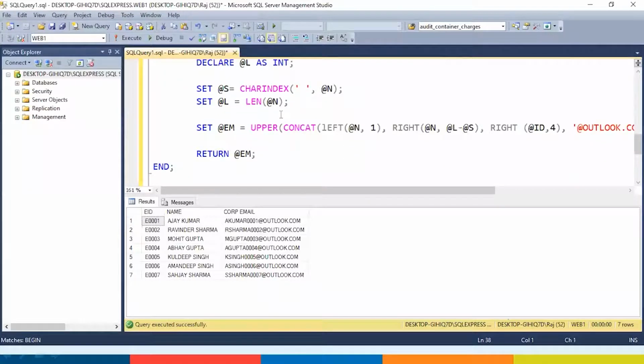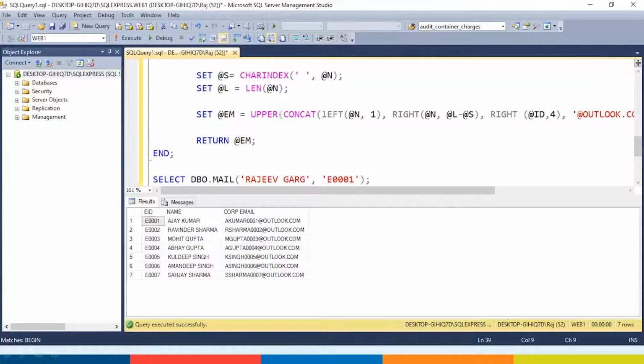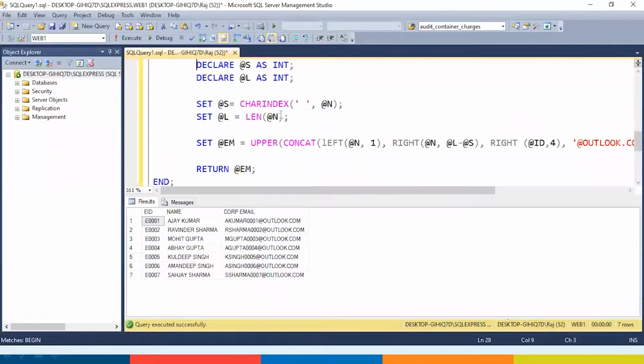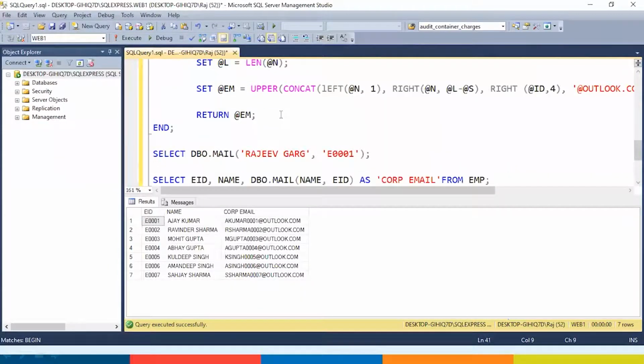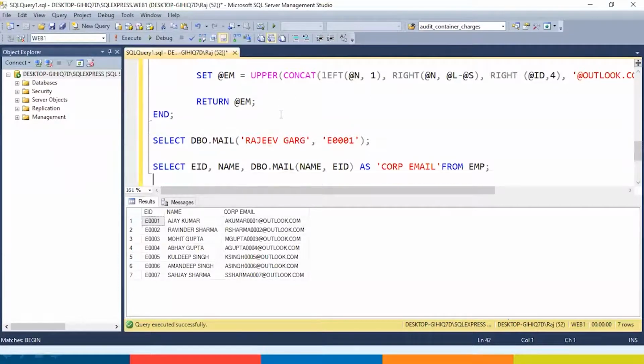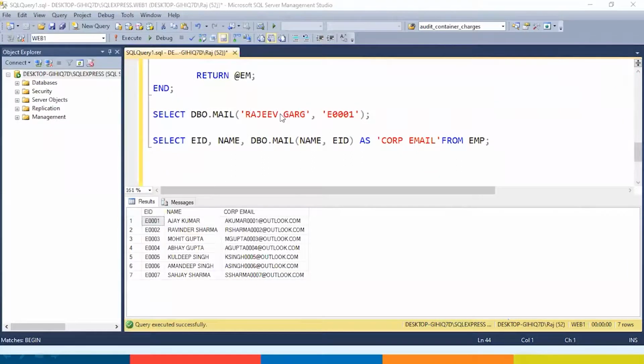And finally, we have returned the variable EM, right? So this is the logic we have created. If this is a regular requirement, you can see so simply now we have a function which will give you the email ID. It has become so simple. So now by this you can understand the importance of functions. I hope it is clear.